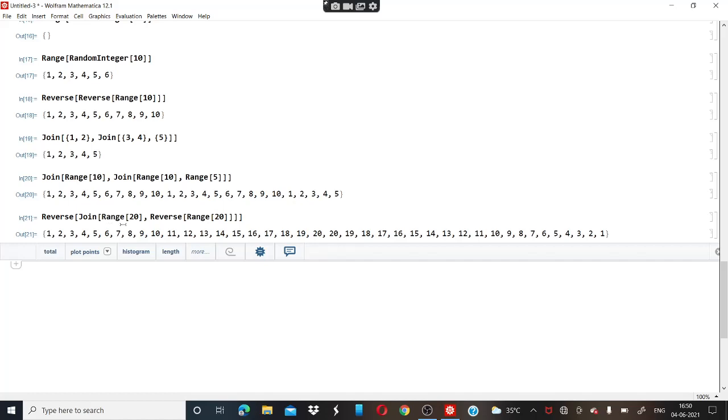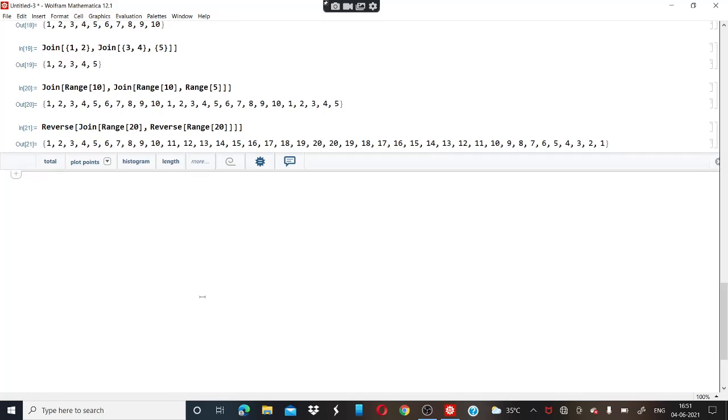So here what it is doing, it first finds the range that is 1 to 20 and then the reverse of the range of 20, then it joins, and then finds the reverse of that.